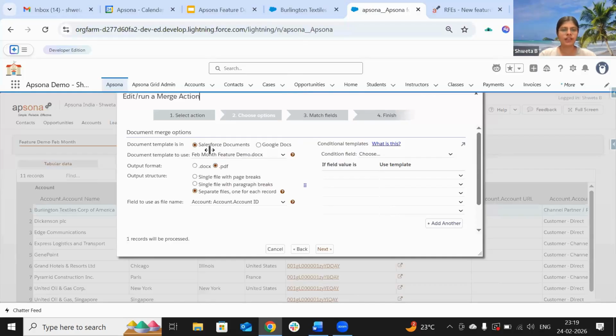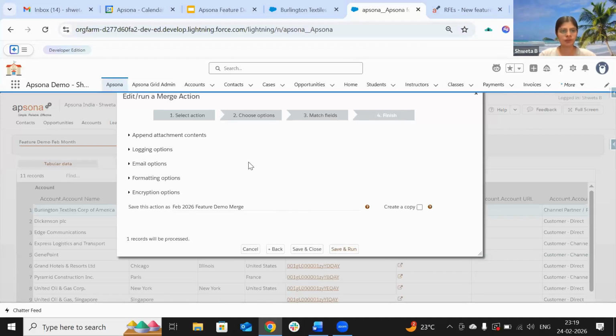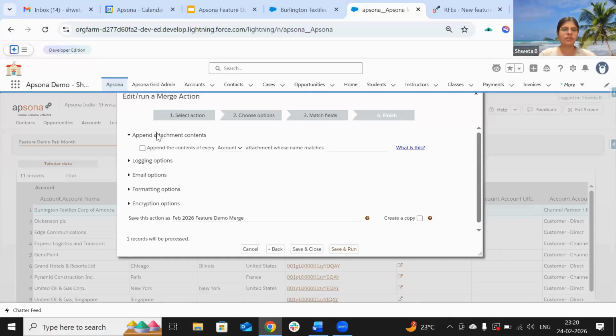So here I already selected the document and for output I'm considering PDF and separate files for each document. And the file name will be account ID. And I have done the basic mapping of the merge fields with the fields which I took in the report. And in the 4th step, we have this new feature called append attachment content. If you enable this and select the object, and if you mention the keywords here, you will be able to generate the document with